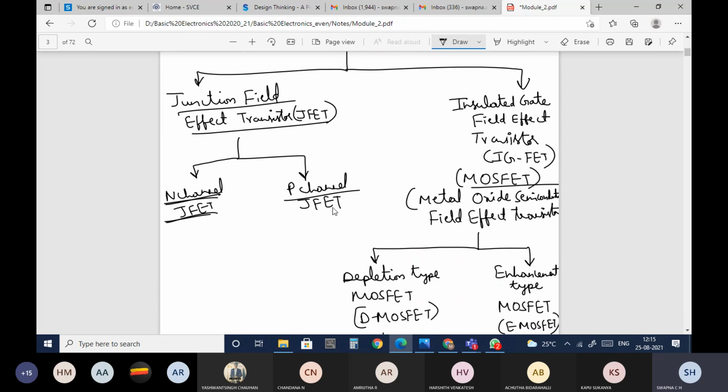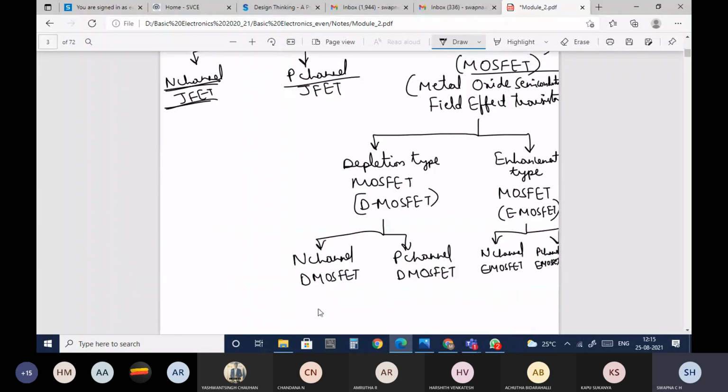JFET is divided into two types: N-channel JFET and P-channel JFET. Coming to the MOSFET, it is divided into two types: depletion type MOSFET and enhancement type MOSFET. In the depletion type MOSFET, if the current is flowing due to the electrons, then it is N-channel; if the current is flowing through the holes, it is P-channel. In the same way, the enhancement type as well.